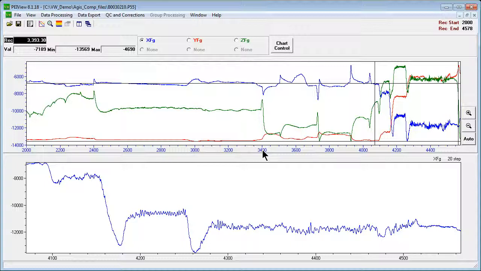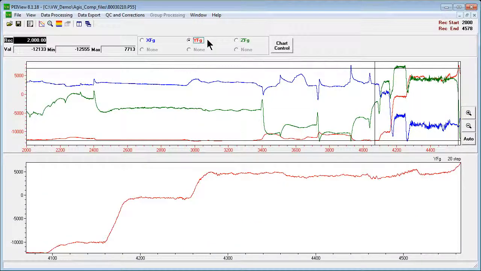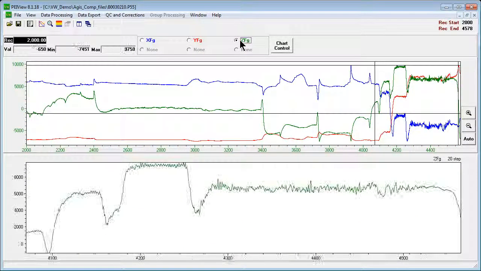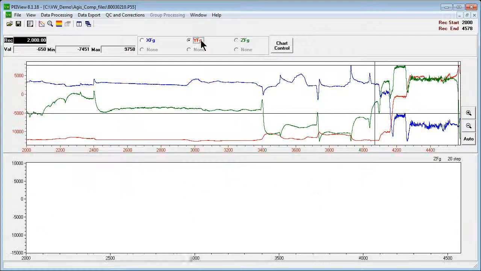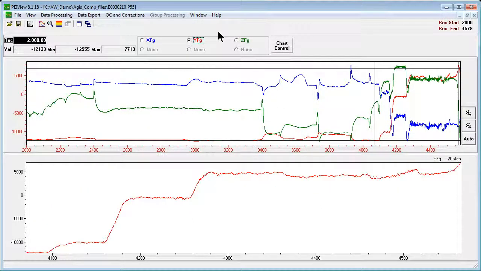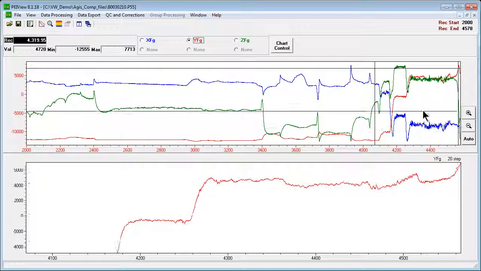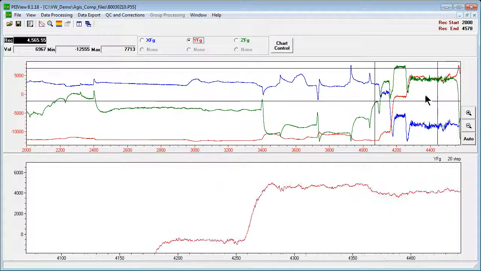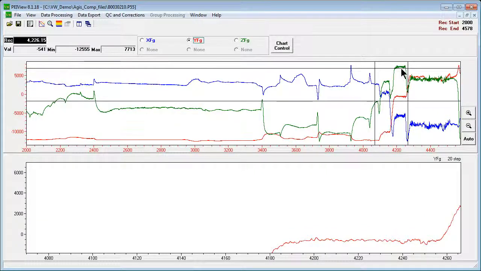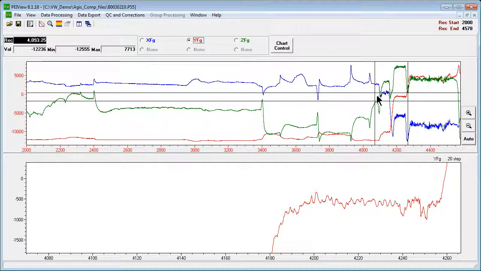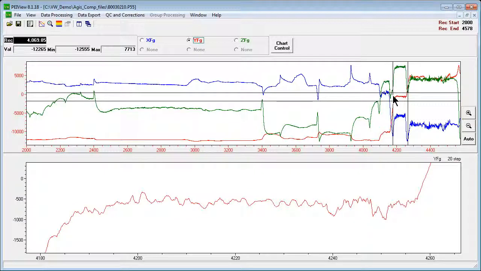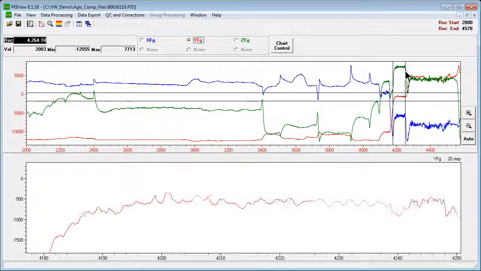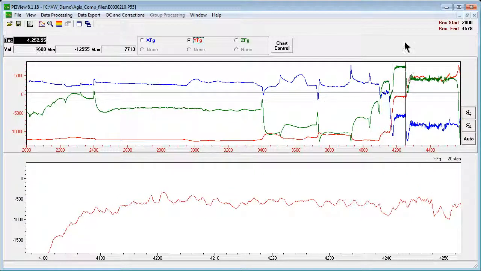The selection buttons are used to select the channel to be displayed in the segment chart in the corresponding color. Let's readjust the crosshairs. The segment chart displays the section of the selected